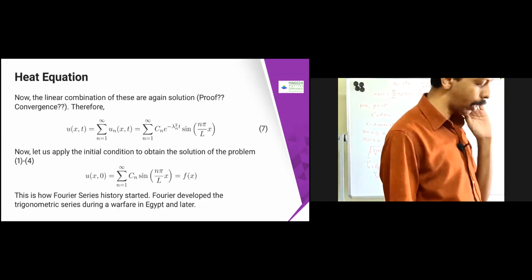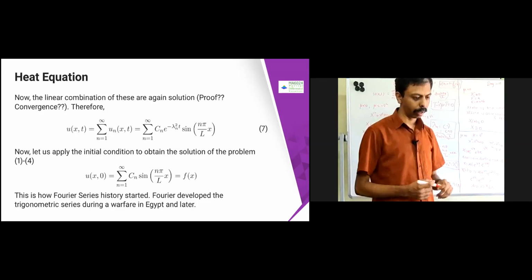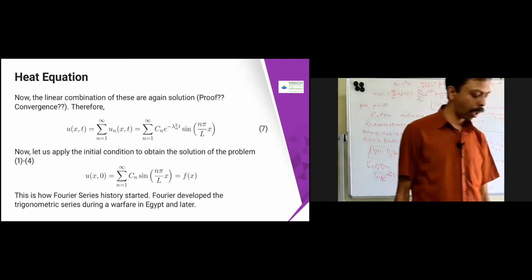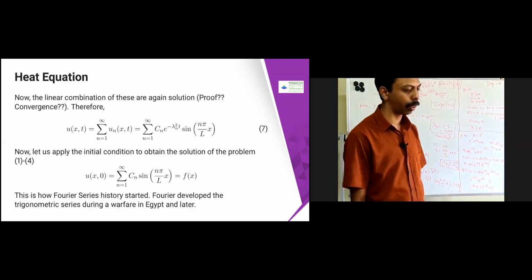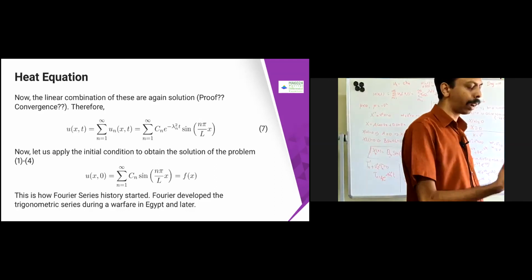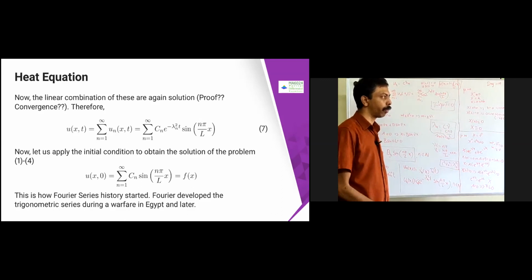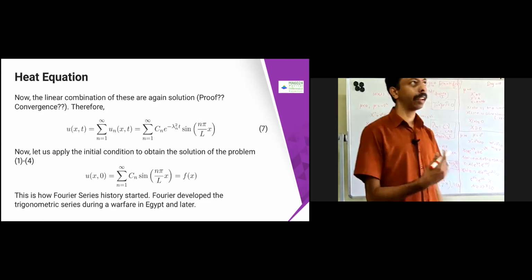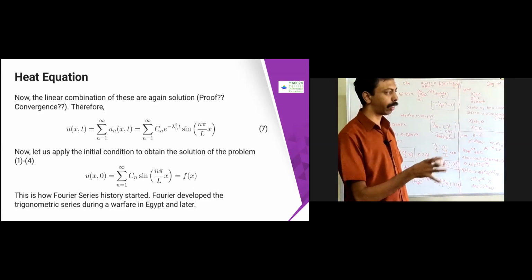He was actually during the Napoleon period. He was an army advisor, the kind of advisor who was developing weapons and other things using mathematical methods. So he was traveling to Egypt. They were trying to capture Egypt at that time, and they landed in Egypt. But after they captured it, they were supposed to return.